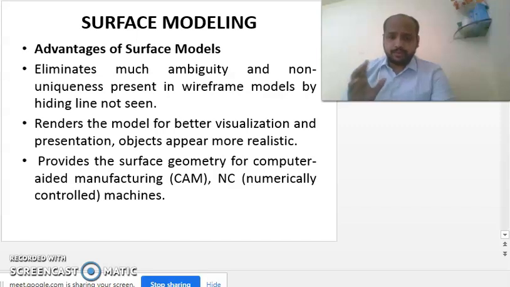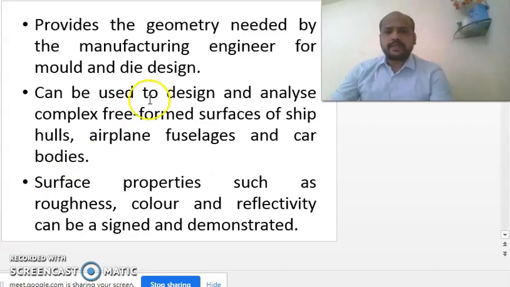It provides the surface geometry for computer-aided manufacturing. Then next, it provides the geometry needed by the manufacturing engineer for mold and die design. This is also correct. For different processes in manufacturing, you need to manufacture molds and dies. So surface modeling is required there. Remember this point, this is also for multiple choice questions.